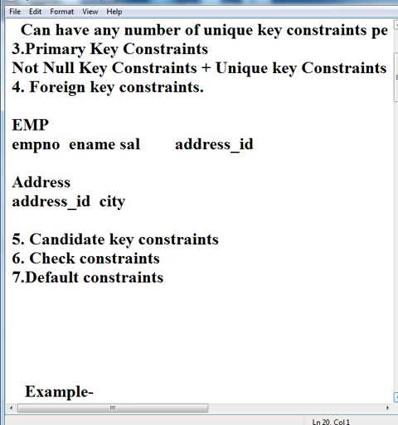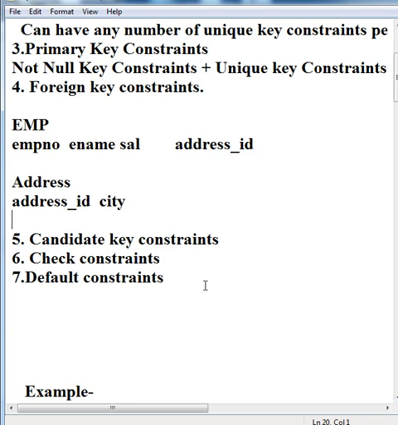Another is the check constraint. If we have some fixed condition that our value must satisfy, like in a bank account we have to maintain some balance, and the balance must be greater than 1000, then we can use a check constraint. So we cannot insert less than 1000 in that particular column, the amount column. If anybody wants to insert less than 1000, if the total balance is less than 1000, it gives us an error, so this is used as a check constraint.